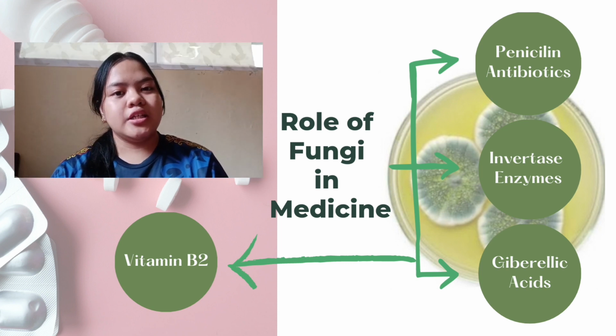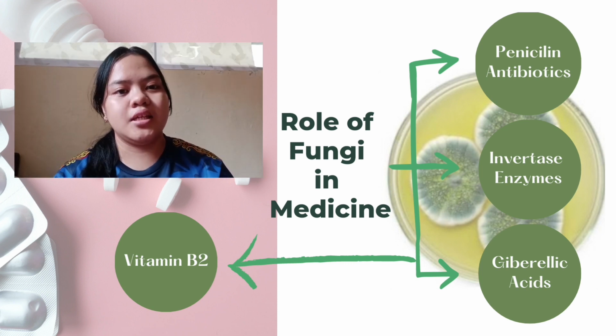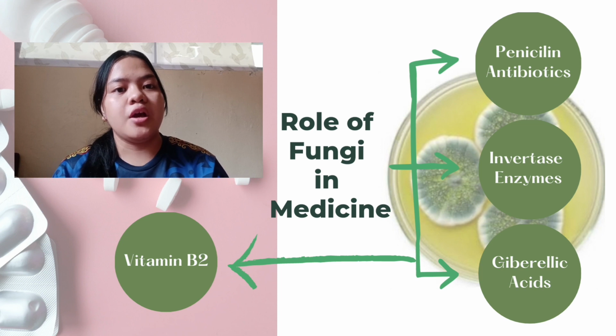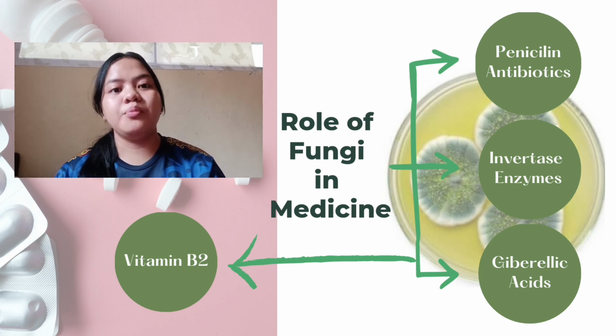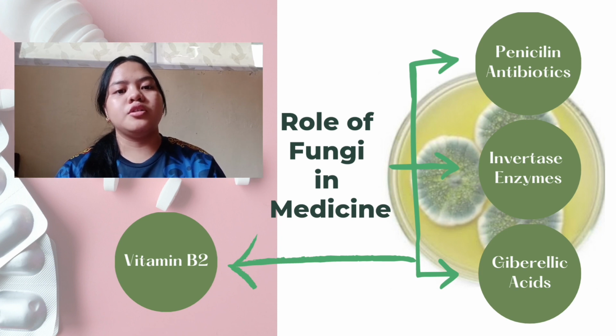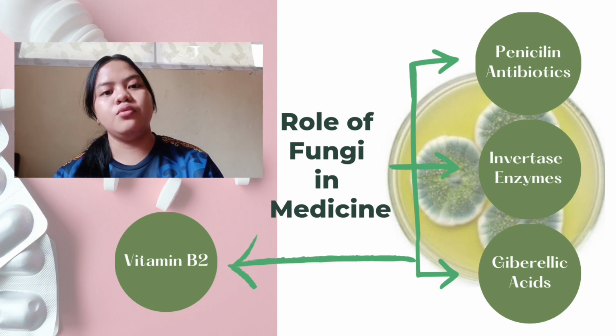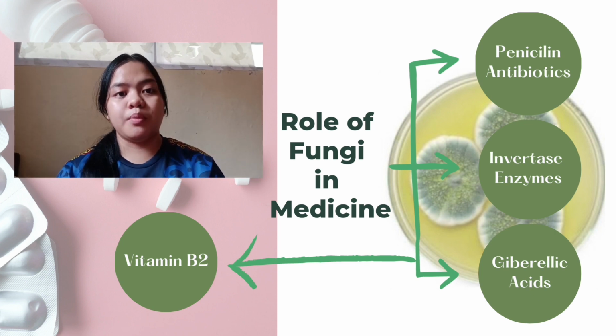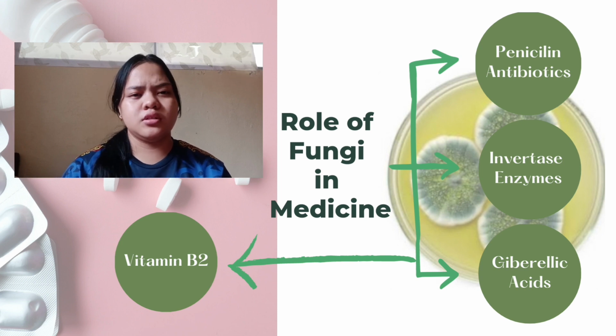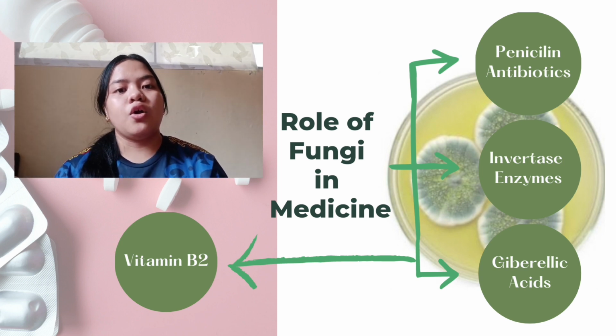Next, organic acid is also one of the roles in medicine. For example, gibberellic acid, which is derived from Fusarium moniliforme, forms the gibberellin hormone as one of the plant growth regulators. Next is vitamin B2 or riboflavin, one of the important vitamin supplements for humans, which can also be produced by a fungus called